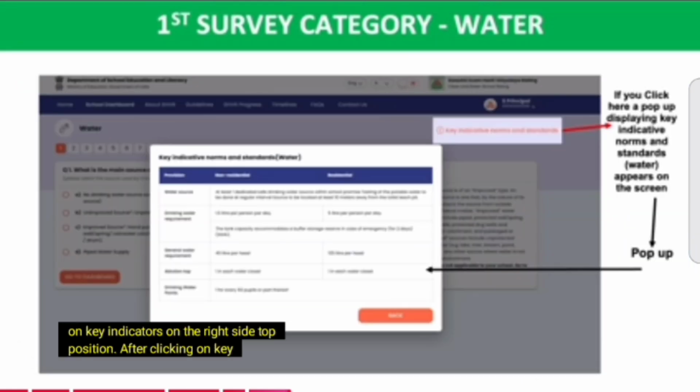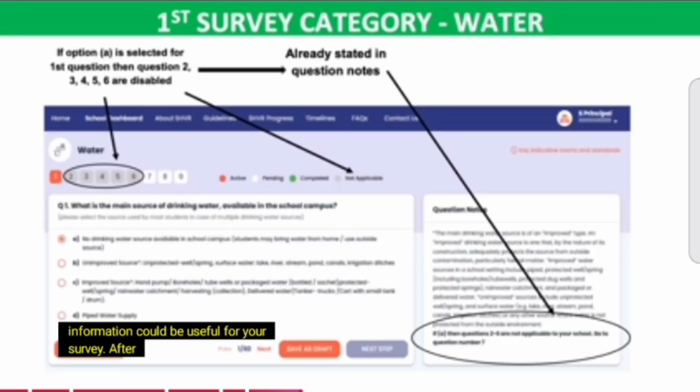After clicking on Key Indicative Norms and Standards at the right side on top position, when you are on survey category water, a pop-up displaying Key Indicative Norms and Standards for water also appears on the screen as shown in the slide. This information could be useful for your survey. After reading key indicators, you have to select some option for the question. For example,